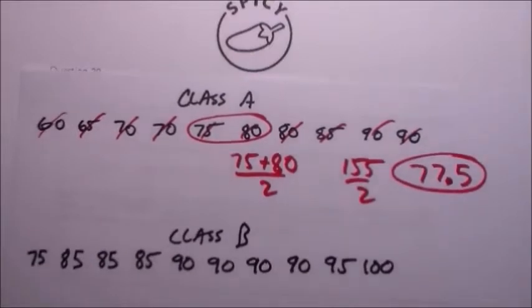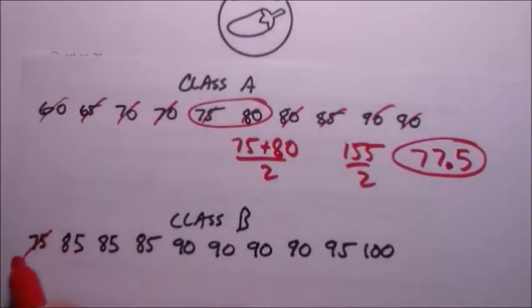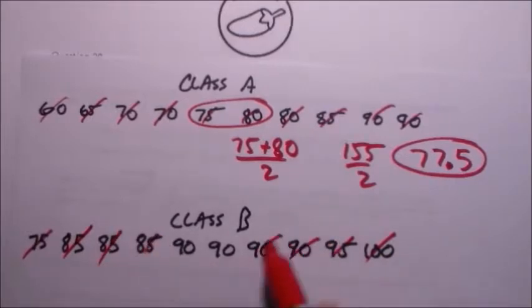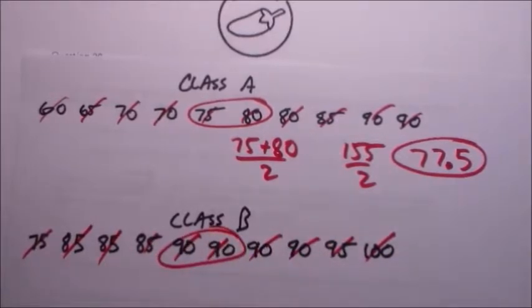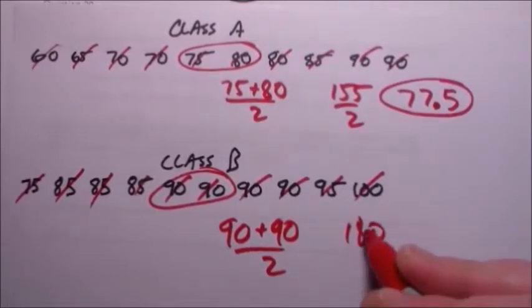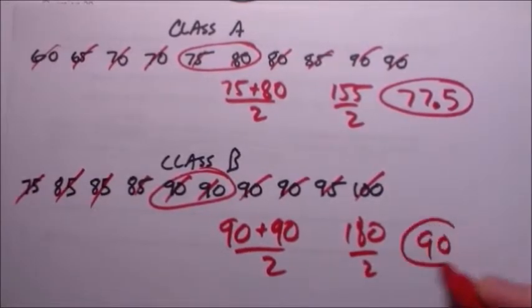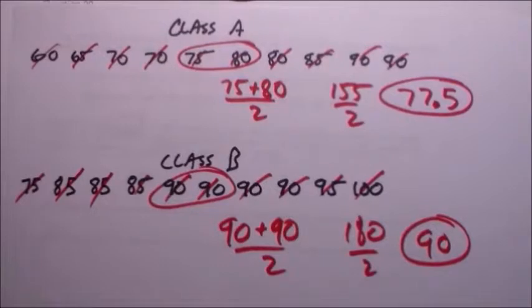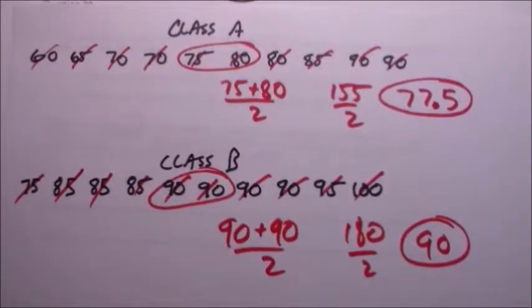Same thing with Class B. Let's just go to work. 1, 2, 1, 2, 1, 2, 1, 2, 1, 2. Okay, so the median is between those two numbers, and they're both 90. So the average of 90 and 90, you can do it out if you want to. 180 divided by 2. Obviously, it's going to be 90. Okay, so that wasn't too tough. We have the medians for Class A and for Class B. And now we just have to